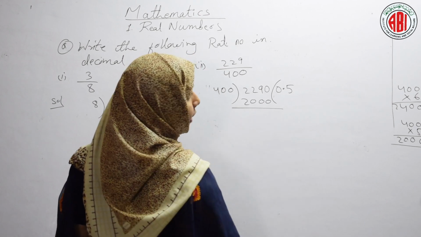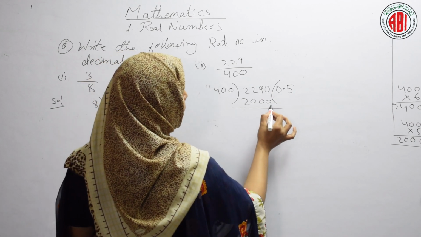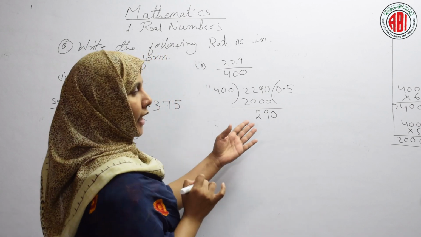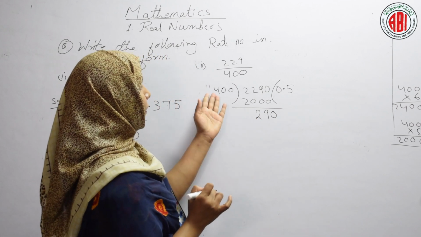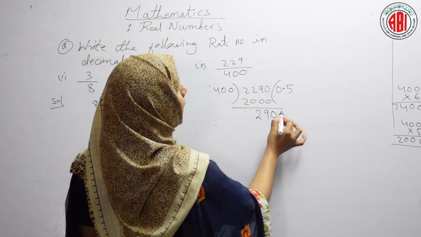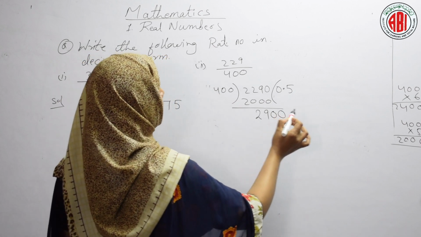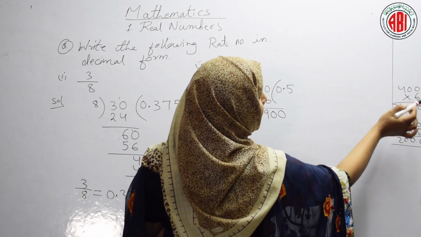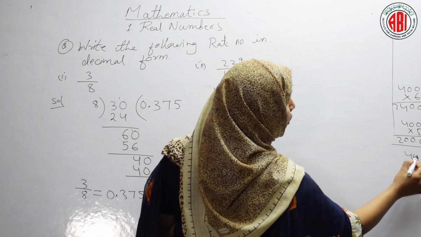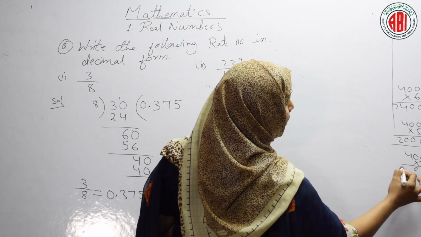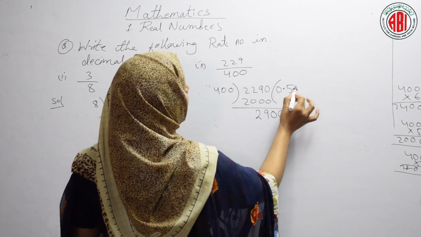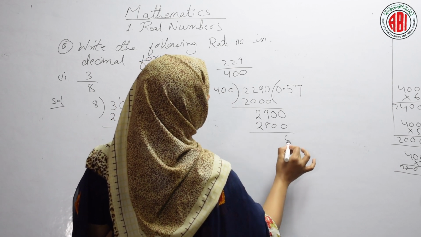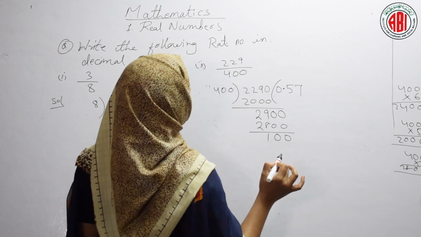400, 5 is 2000, right. Now, subtract it, 0 minus 0 is 0, 9 minus 0 is 9, 2 minus 0 is 2, 290. Again 290 we can't get because we can't multiply it by 400. What do we have to do here? Add 1 zero. 2900, by 6 times we are getting 2400. What about 7? 7 4s are 28, right. We can take 400 into 7, 2800, we are getting the answer. Now again subtract it, 9 minus 8 is 1.